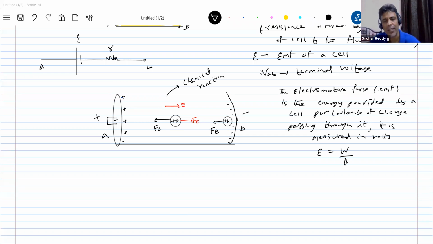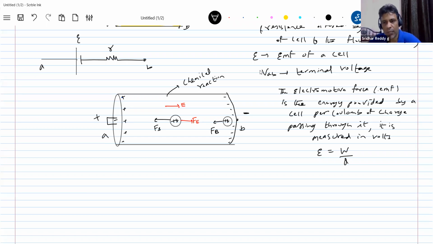But practically, there is nothing called displacement of positive charge. It is only the negative charge. What do you mean by negative here? The excess of electrons. What do you mean by positive charge here? The deficiency of electrons. But you just think about only the unit test charge now. So for all our concepts, we should think only about the unit test charge here.